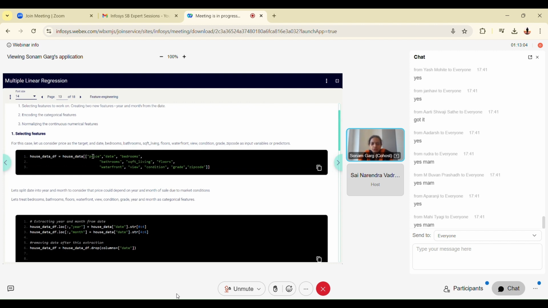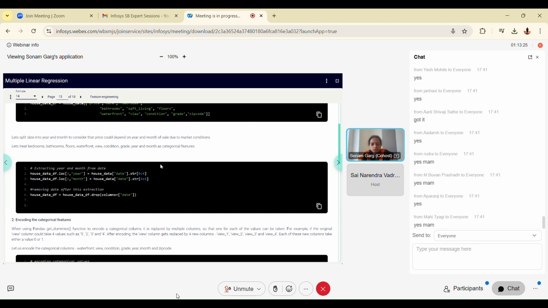Out of the 21 features, we have considered only these attributes for the price prediction. So price is my target variable and the remaining will be my predictors X. We'll see whether they all are fitting or otherwise we'll transform them. Initially date we are transforming to year and month. If you check the date in this data set, it is like, let's say 2014, so year followed by month followed by date. This is the pattern without any delimiter in between.